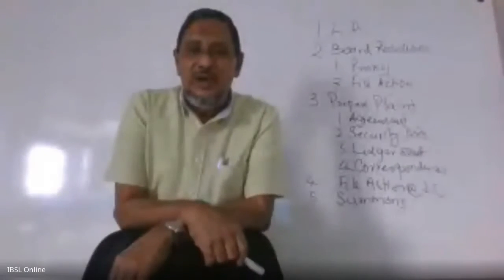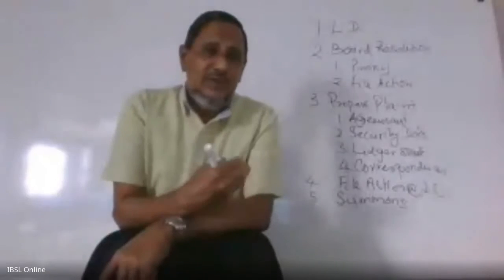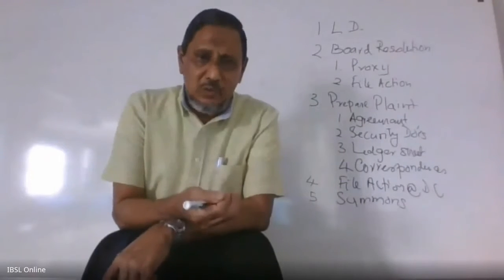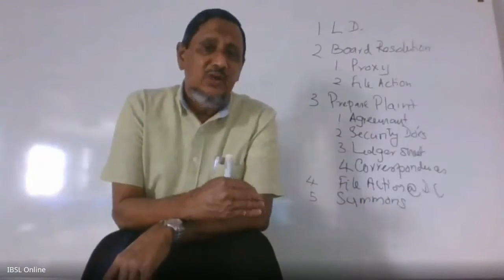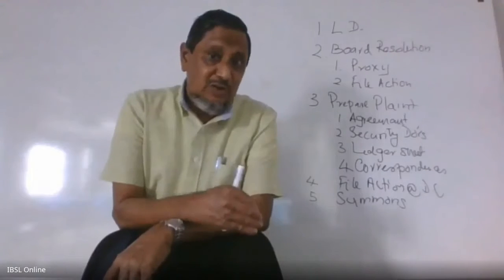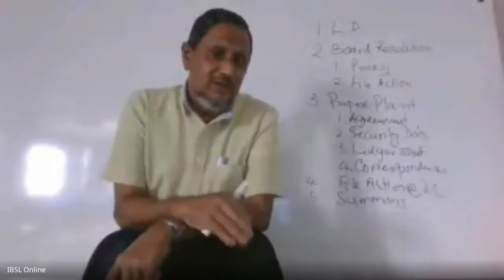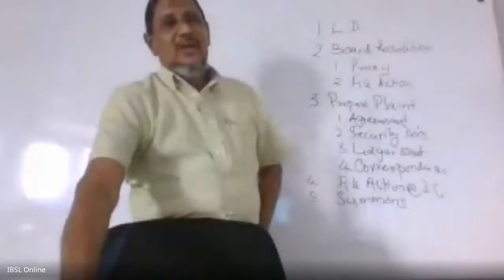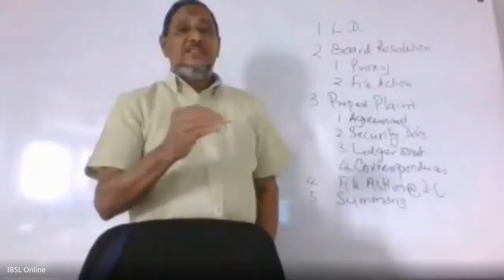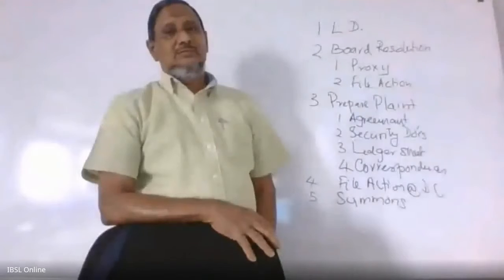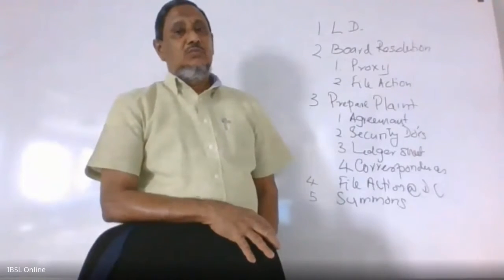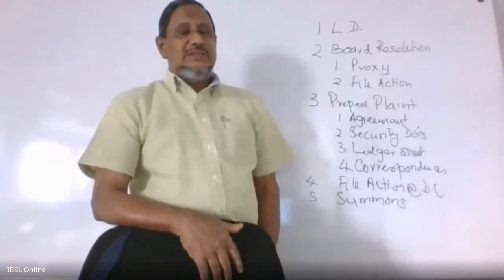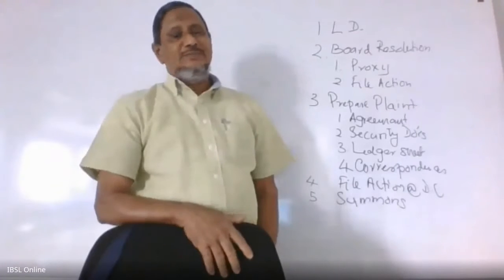Now, how to do this? When the action has been filed, the summons are prepared by the court and handed over to the fiscal of the district court. The fiscal will take the summons to the defendant, our customer, borrower or defaulter. The defaulter has to accept the summons to start action. More often, what happens? The defendant or the customer will not accept the summons. He refuses the summons.